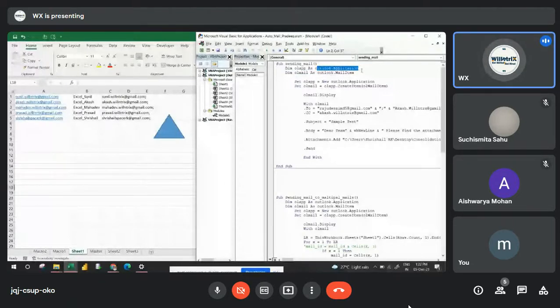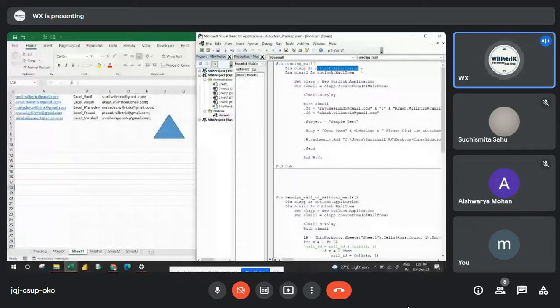So after that, we have to set that. After defining the variable here, you can take not only OL app, you can take whatever name you want. Then OL mail, whatever name you want, you can hold it in a variable. Then that variable we have to set here with a new Outlook.Application. OL app is the first variable, and it is nothing but new Outlook.Application.